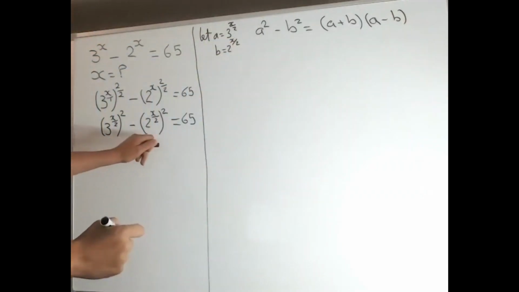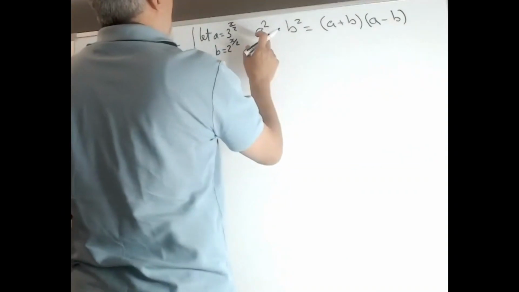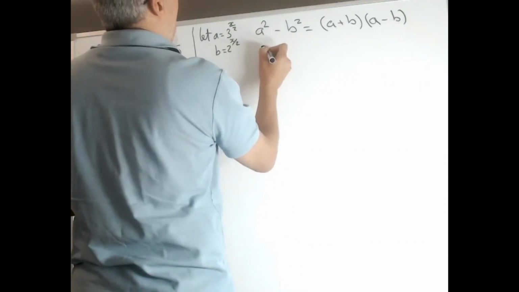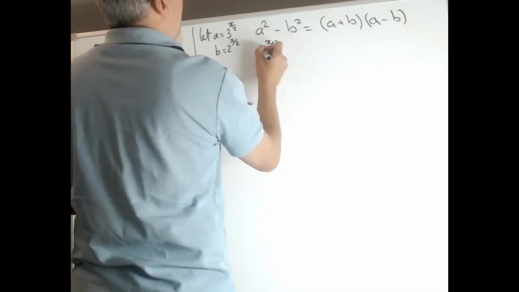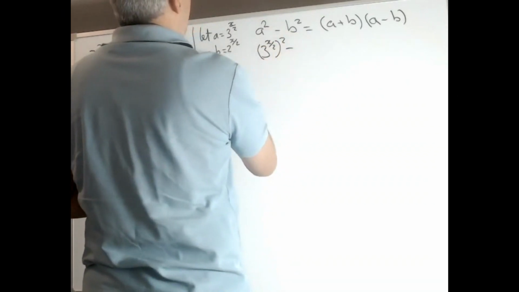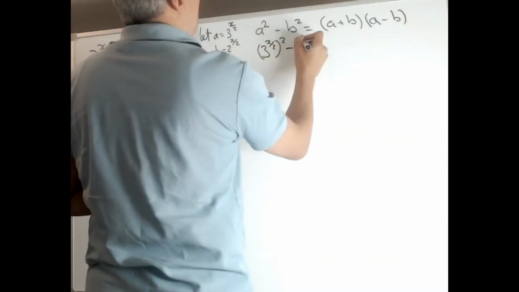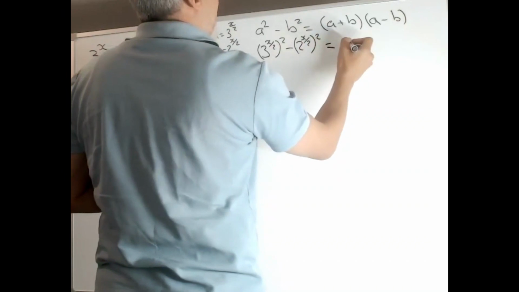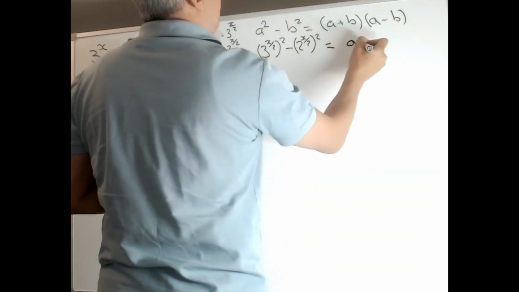So that's a squared minus b squared. So therefore, a is 3 to the power of x over 2, squared, minus b, the 2 to the x over 2, squared, and that gave me the a plus b,